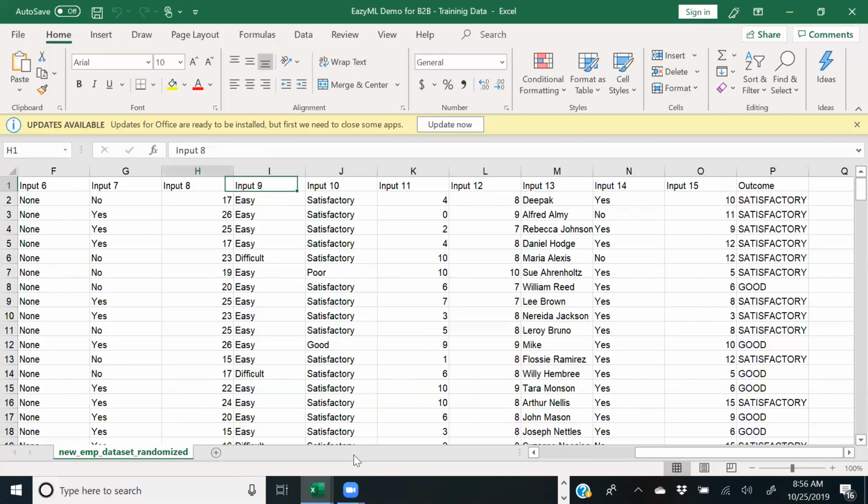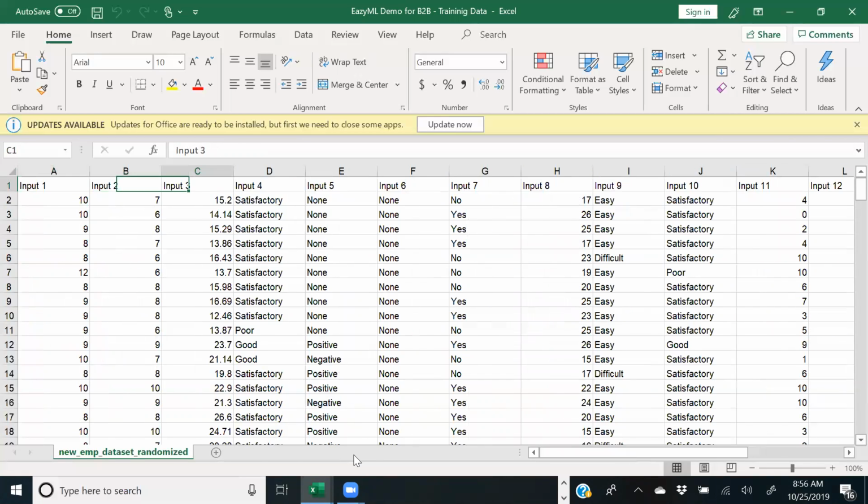Notice another important thing here. Some of these variables, like this one, are continuous. They take all decimal values. Or for that matter, even this one, it takes all integer values. But others, like this one, are discrete. It takes only 3 different values here: satisfactory, poor, and good.